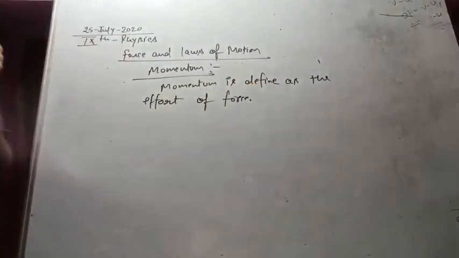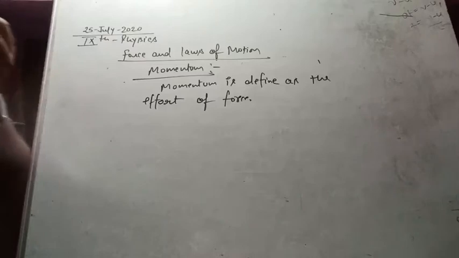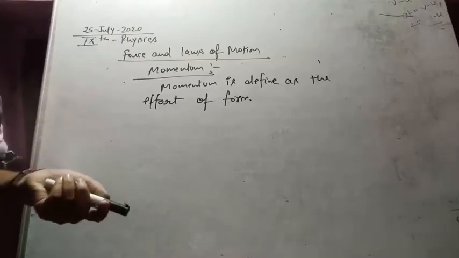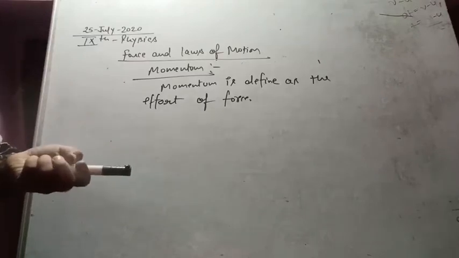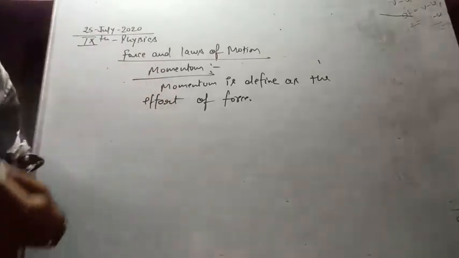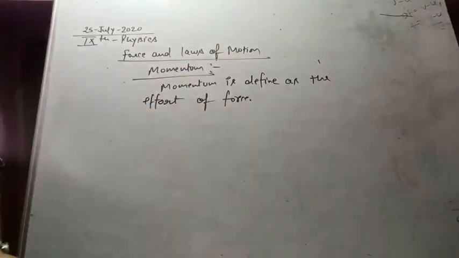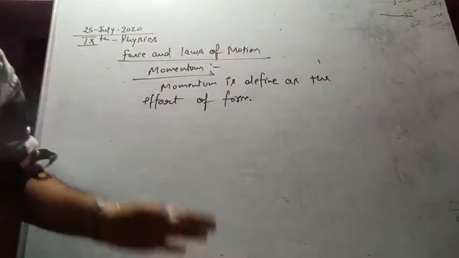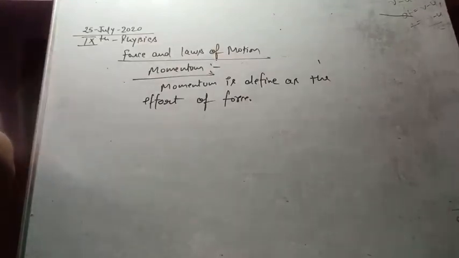You might have observed that before playing a bigger shot, the batsman creates the position. His bat is coming like this, and before playing a shot, he makes sure that his stance is very clear and his bat is in the proper position. Even a bowler, before bowling a ball, takes a proper run up and then he bowls.